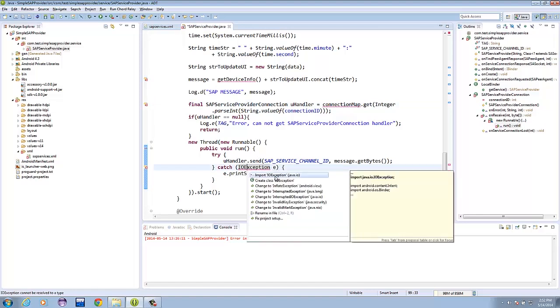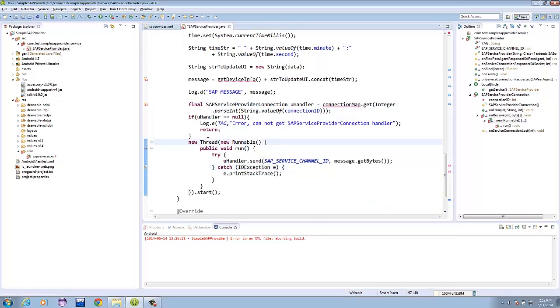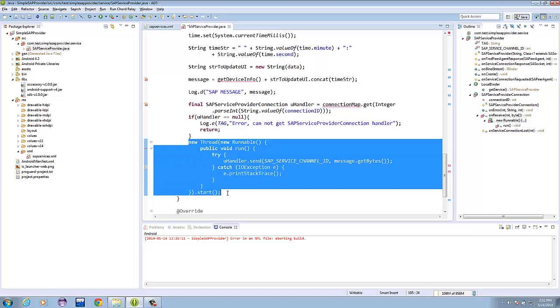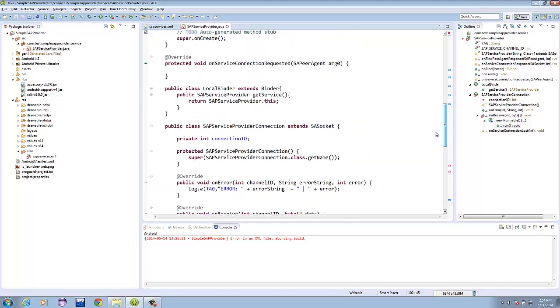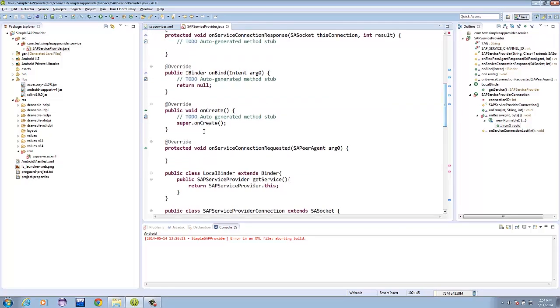Let's go ahead and import this. In this block, this is where the message is sent to the wearable device using the uhandler. The uhandler is basically a SAP Service provider connection that gets the connection from the hash map of the wearable paired with it. So for the getDeviceInfo method, let's add that to our main